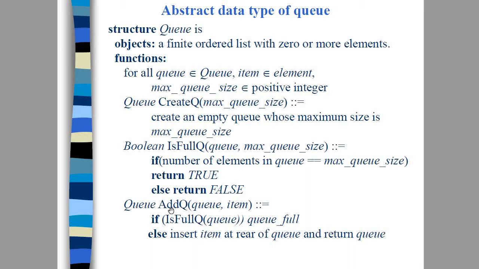The next one is adding or inserting a new element into the queue. For that we will pass the queue name and the element. Before inserting a new element into the queue, we will first check whether the queue is full or not. If the queue is full, we will tell the user that the queue is full and we cannot insert the element, or we can write logic for doubling the queue size. Otherwise, we allow the user to insert the item into the queue. Where will we insert? We will insert at the rear end. The rear end is the back end of the queue, and front is the beginning of the queue.